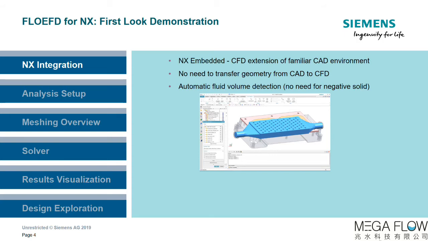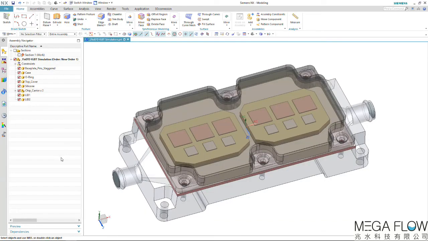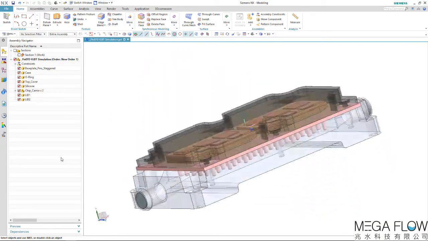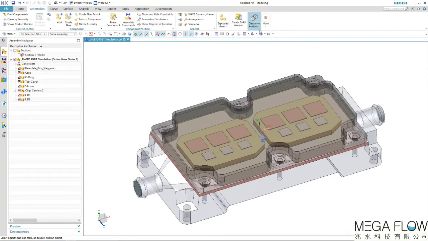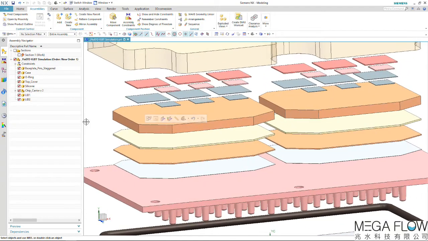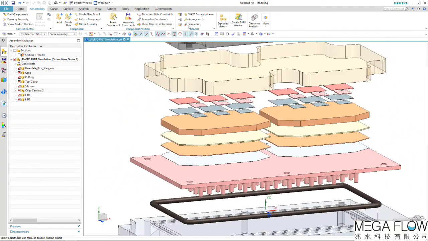The image shows the water region detected by FloEFD. Let's look at some of these features in FloEFD. Here is the NX interface in modeling mode currently. If we explode the assembly, we can see the parts which make up the IGBT cooler. It's important to model all the materials in the thermal path from the semiconductor to the fluid. We can see the silicon, the solder, the copper chip carrier, and the thermal paste attaching the chip carrier to